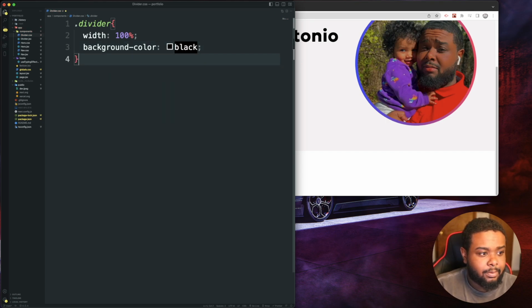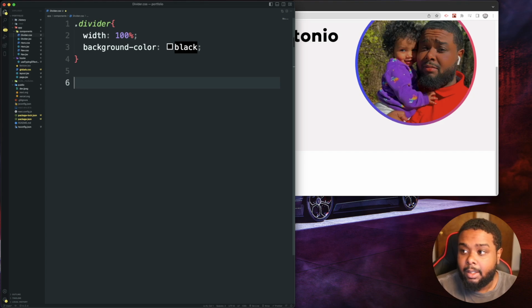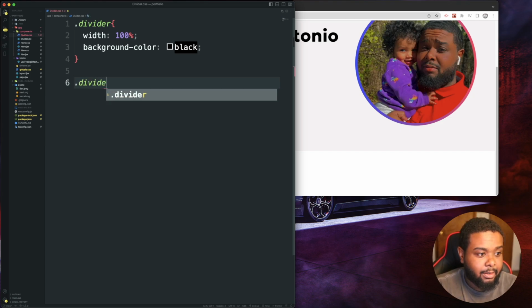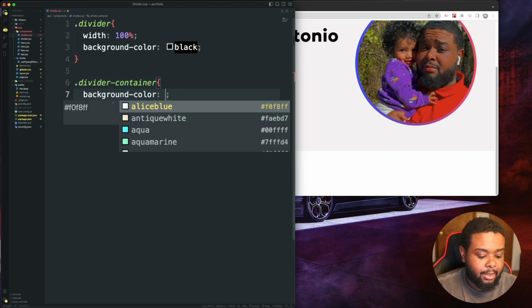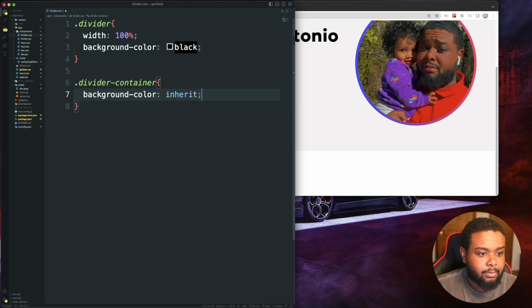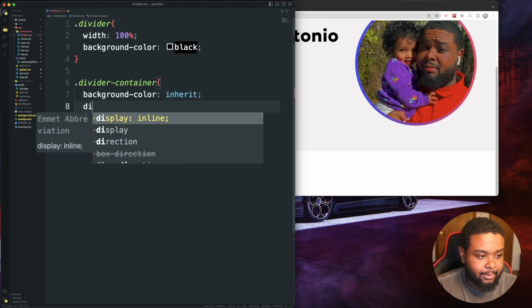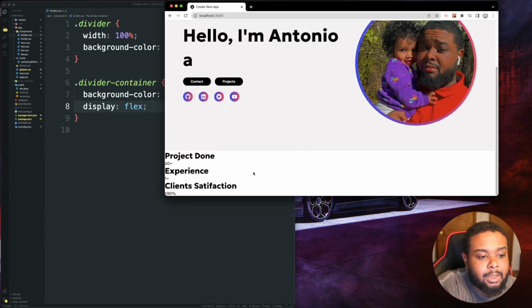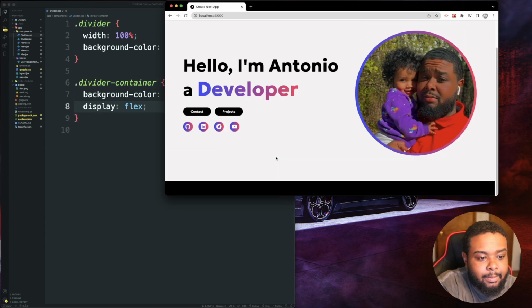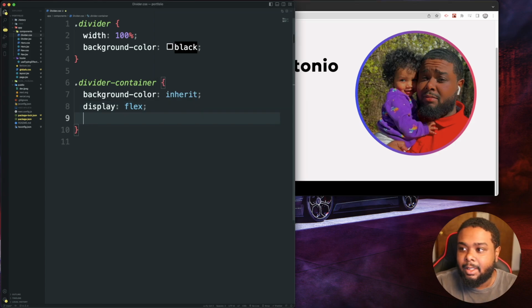And then we're going to grab our divider container, and we're going to do a background color of inherit and a display flex. Let's see where we're at now. Take a look at everything. As you can see, we don't see any text. So let's go ahead and